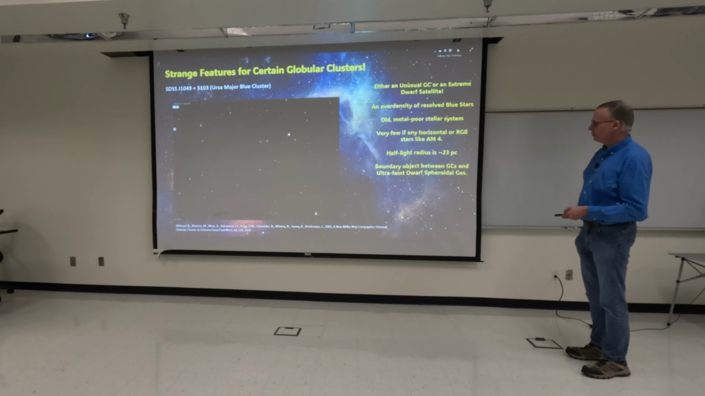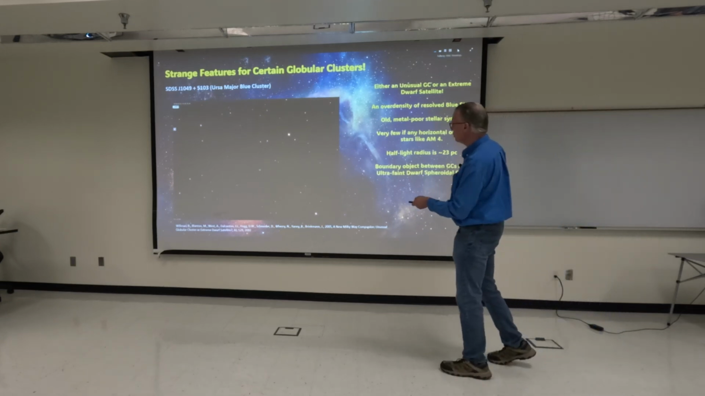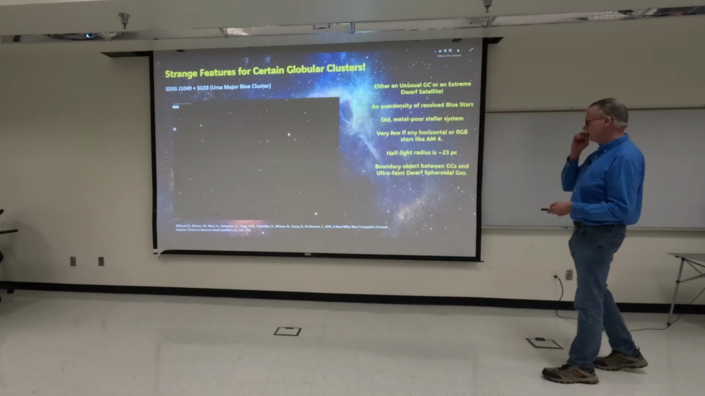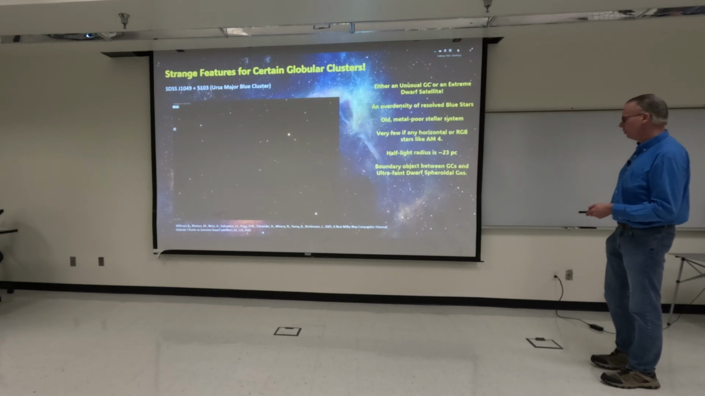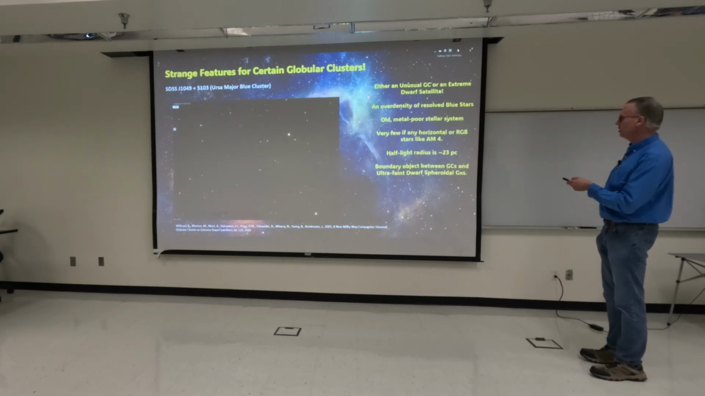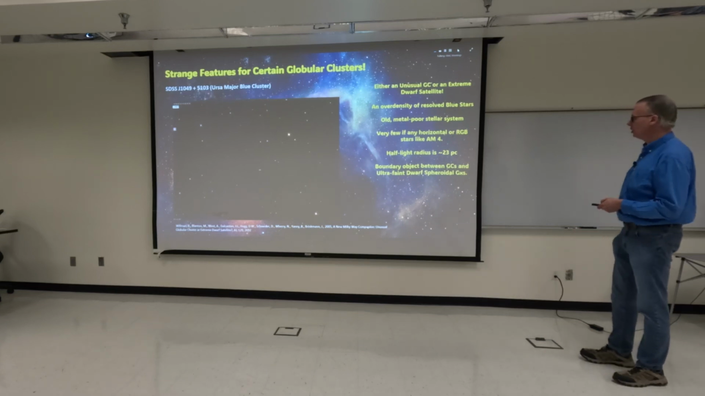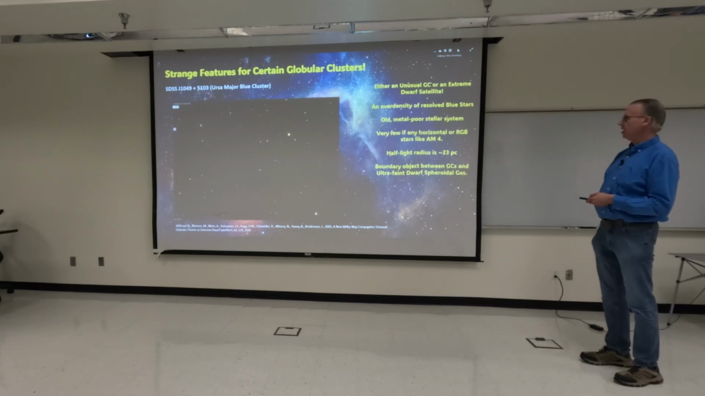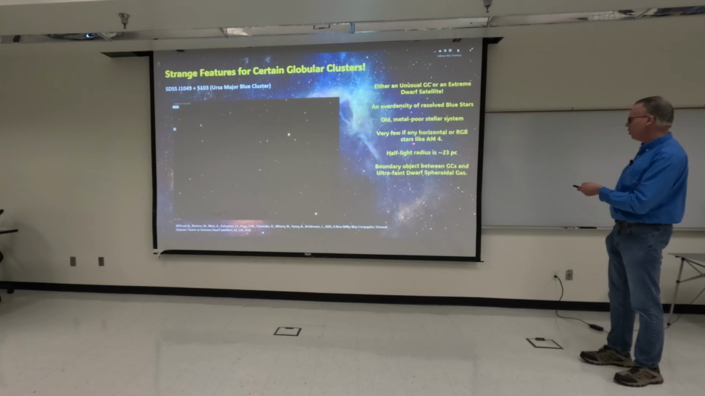This one right here, I'm sorry you can't see it, but there's a lot of blue stars in there. This is something I found in a document that was published back in 2005. I call it the Ursa Major blue cluster, but a lot of people think that this is either an unusual globular cluster or an extreme dwarf satellite. It actually has very few horizontal branch stars, like that of Artemis 4, which has also been classified as a